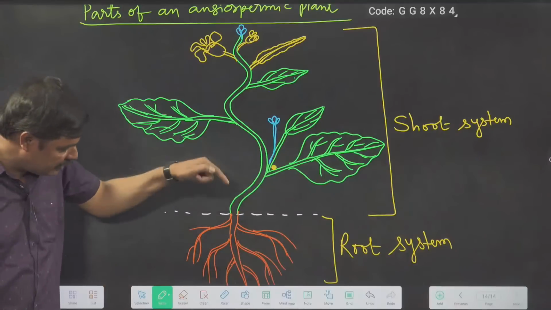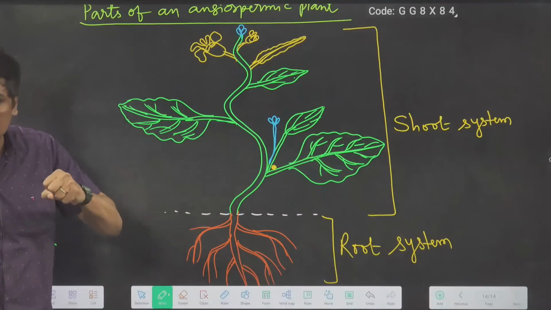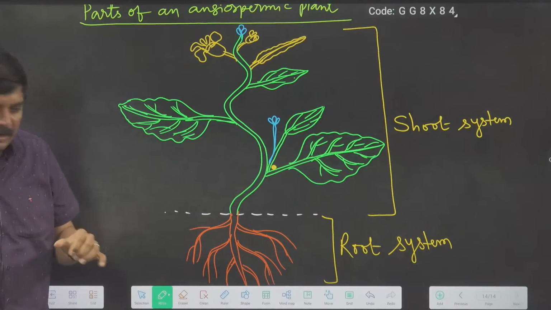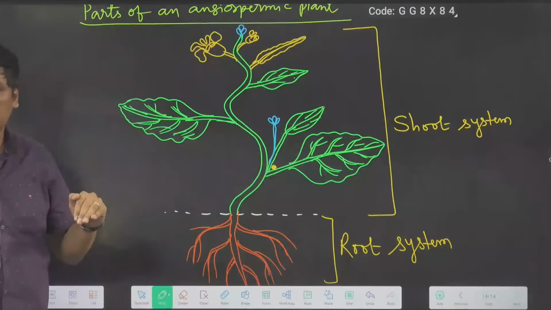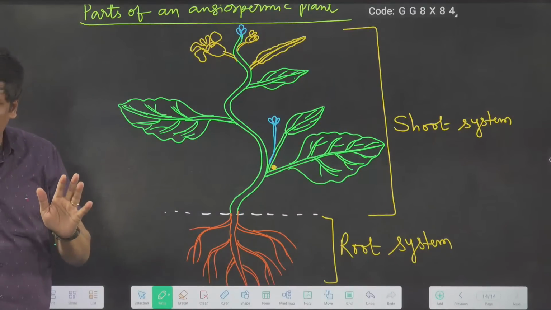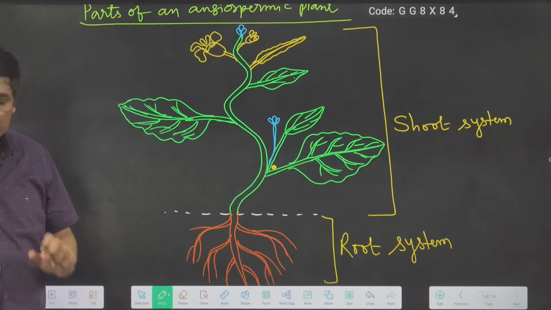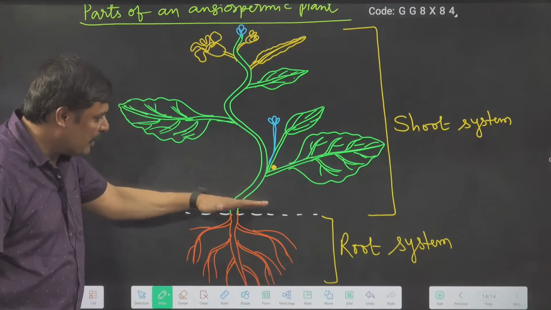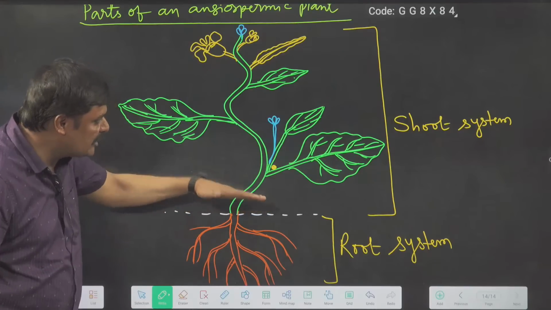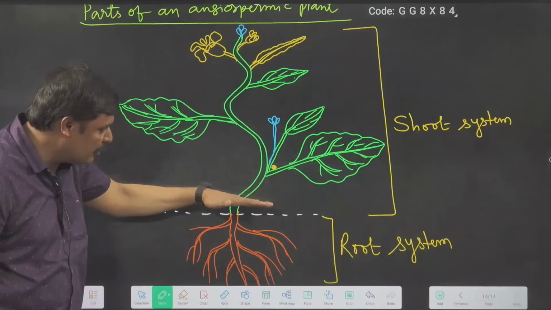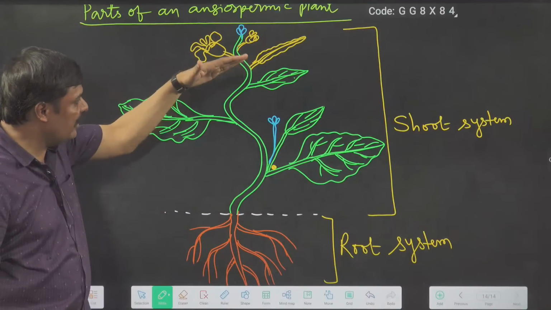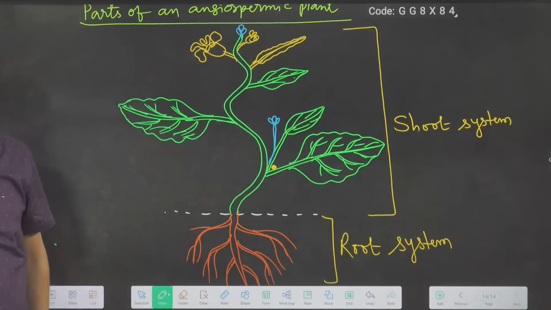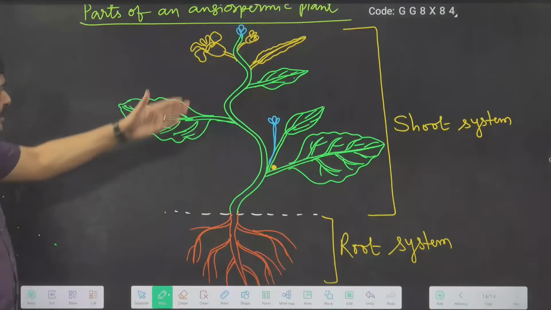And also this root system absorbs water and minerals from the soil and supplies them to the shoot system. We will discuss the root separately later. Okay? And the part of the plant body that is present above the soil, aerially, is called the shoot system. And this shoot system consists of